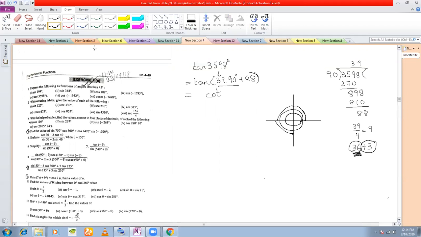But I also see I have a plus 88. So now I reach the fourth quadrant. In this quadrant, cos is only positive. All the others are negative. That means tan will be negative here. So minus cot of...